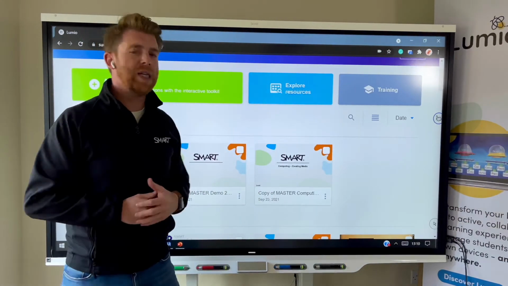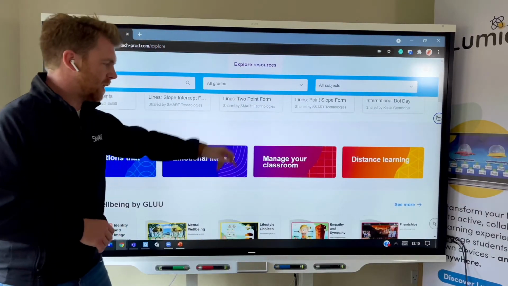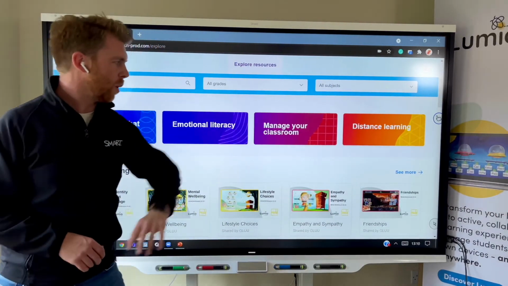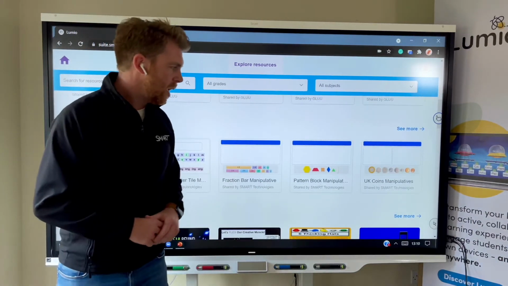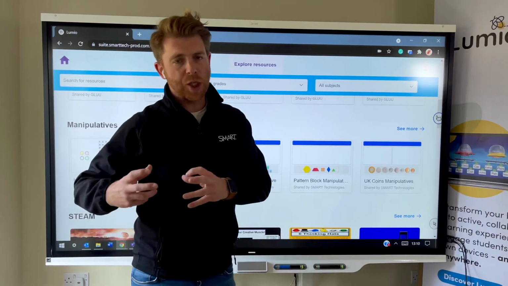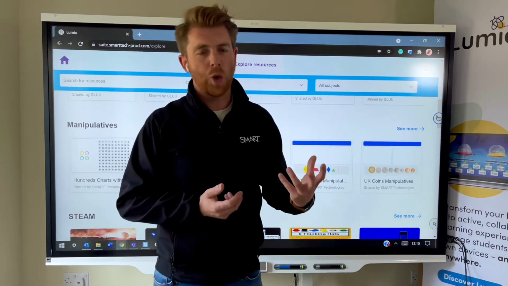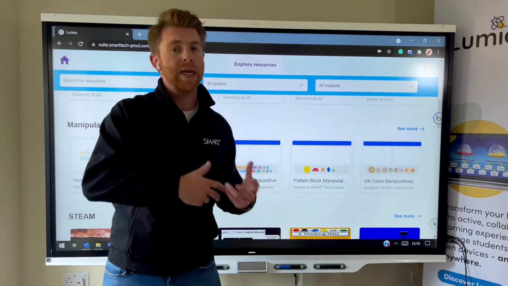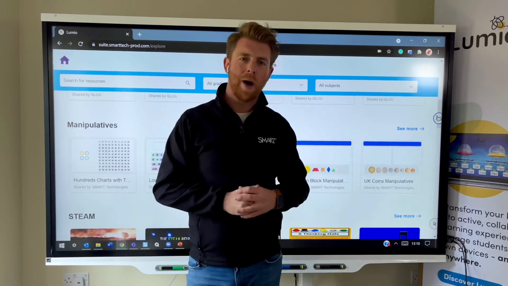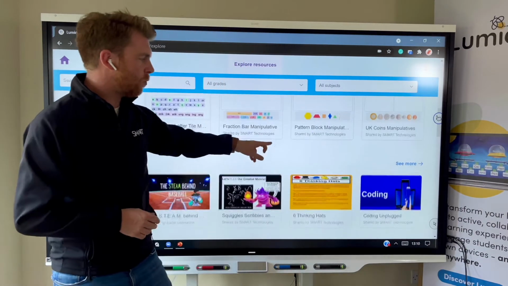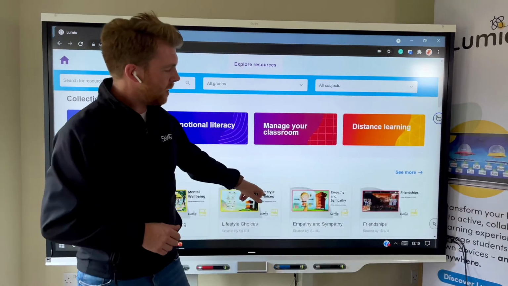Now, there are lots of resources available within here, and all you can see, there's lots of maths activities at the top, and there's some different ones down there. You can read the titles, and there's lots of this pre-made content. A lot of these are made by teachers, either actually still working in the classroom at the moment, or have left to join Smart to help support this content, a bit like myself, being that teacher at heart, but working for Smart now. So these lessons are really, really good for the classrooms themselves here,